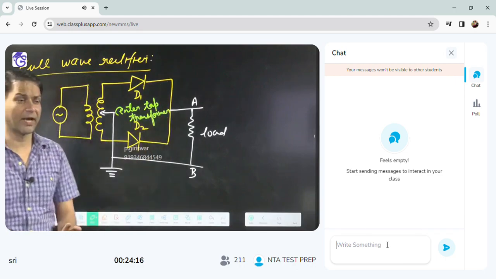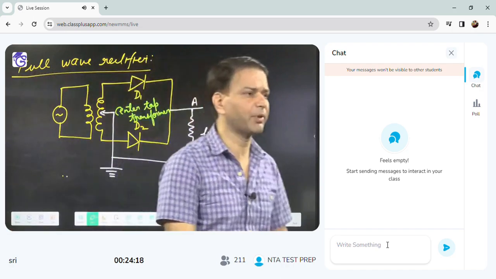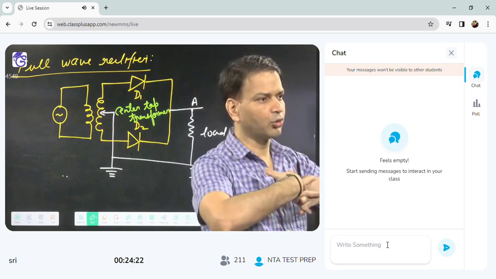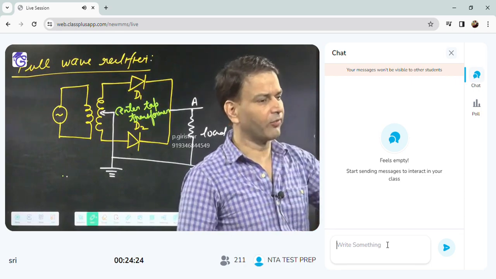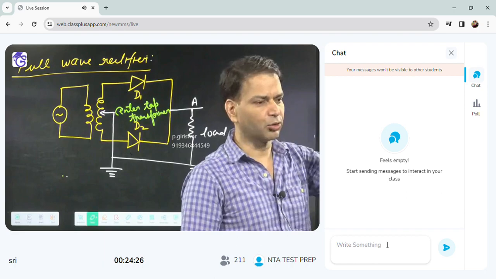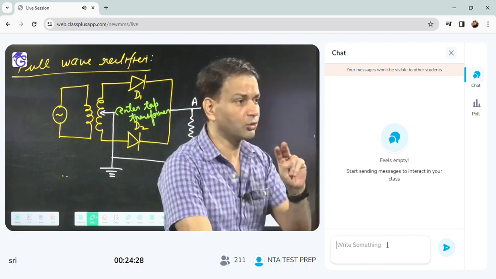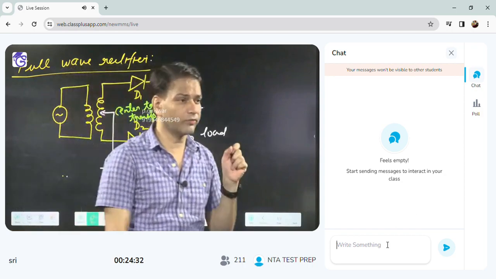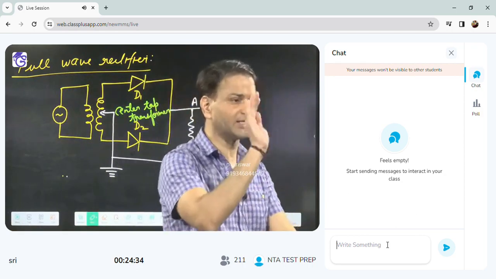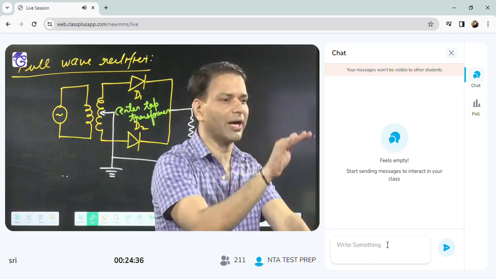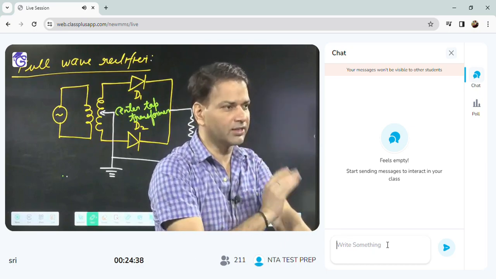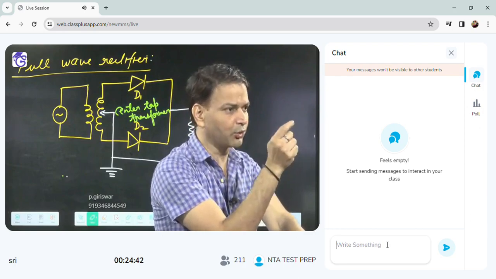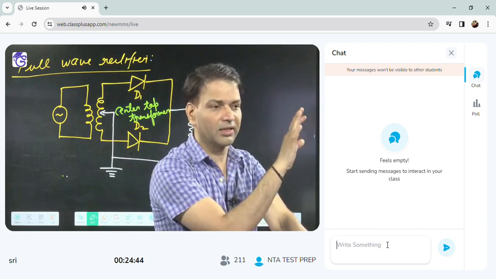center tap transformer. What is the meaning of center tapping? First, listen. Here I have two diodes, but we are applying one input signal. But I have two diodes, so we need two inputs, one for D1, one for D2. Okay. So here what we are doing is center tapping. Tap means touching. You know that tap, when we are tapping someone. So tap means touching. Okay. So we are putting one contact at the secondary coil.